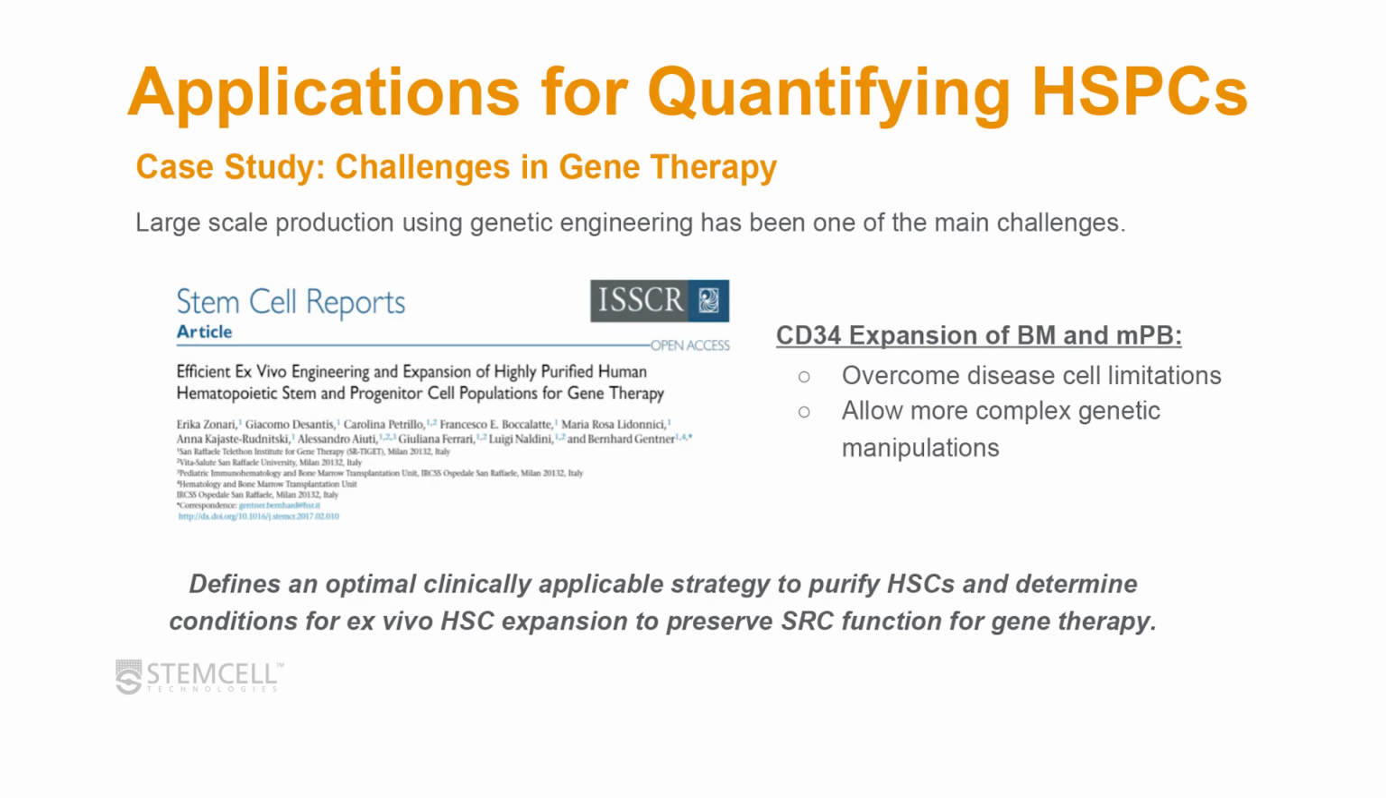So when it comes to the applications of these assays that quantify hematopoietic stem and progenitor cells, I really encourage you to look at this publication as shown on this slide. It's really a good case study of identifying the challenges that one needs to think about when getting into the gene therapy space and trying to make hematopoietic stem cell products to help cure people with these genetic disorders. And this publication really highlights the large-scale production challenges that exist when trying to genetically engineer hematopoietic stem cells,